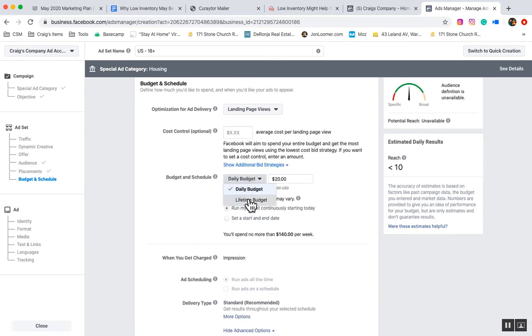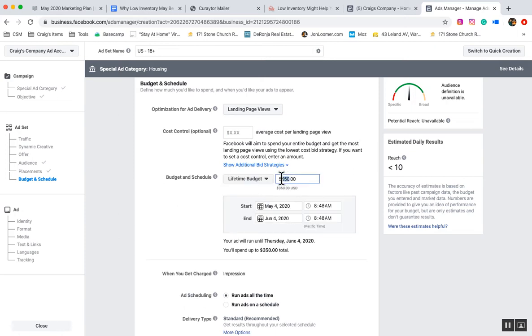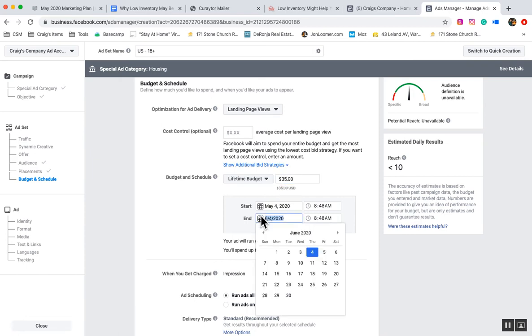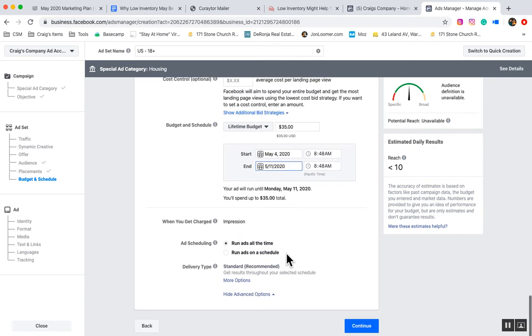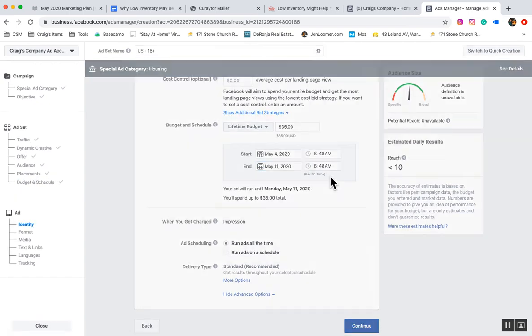We're going to choose our lifetime budget, and we can think about this in a daily format, but choosing the lifetime budget gives Facebook the freedom to spend that money the best way possible. I'm going to spend $5 per day on this over the course of, say, 7 days. So therefore, I would choose $35, and I would set this up to go out until 1 week from now. Furthermore, if you have a larger chunky middle audience, say if it's maybe greater than 10,000, you may want to choose a larger dollar amount, maybe $8 or $10 per day. Once you've selected your budget, hit continue,